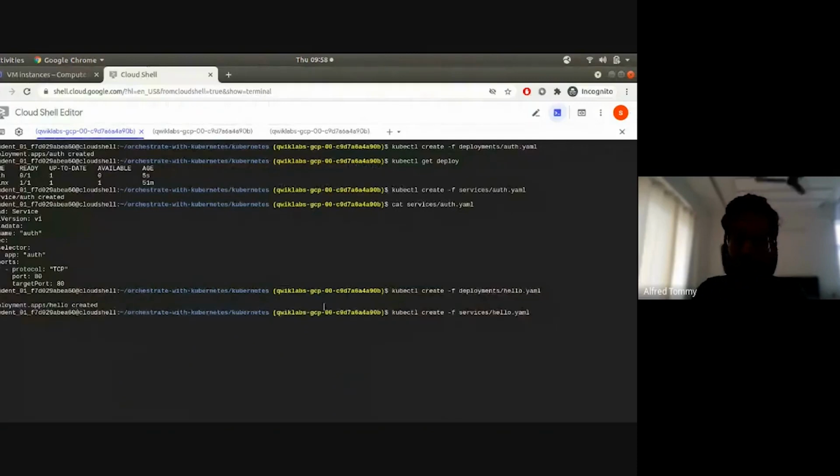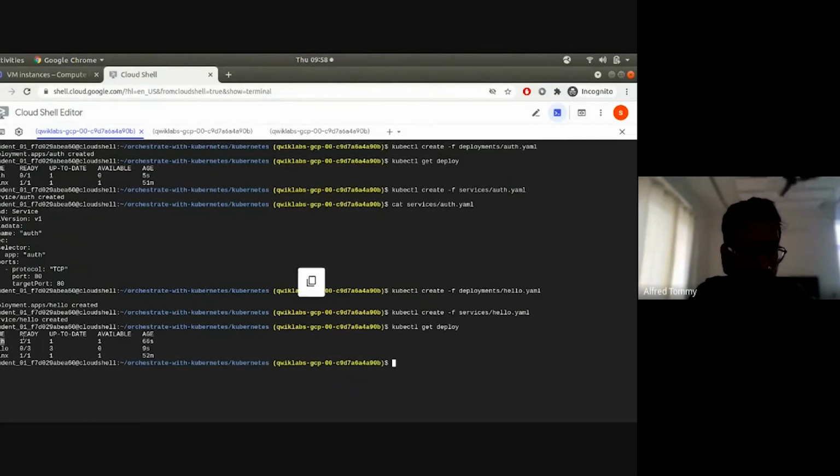So just like I deployed my auth.yaml, I'm deploying my hello.yaml as well. And now if I look at my get deploy, I'll have my authentication deployment, which has one replica, and I have my hello deployment, which has 3 replicas. And if I do my service,